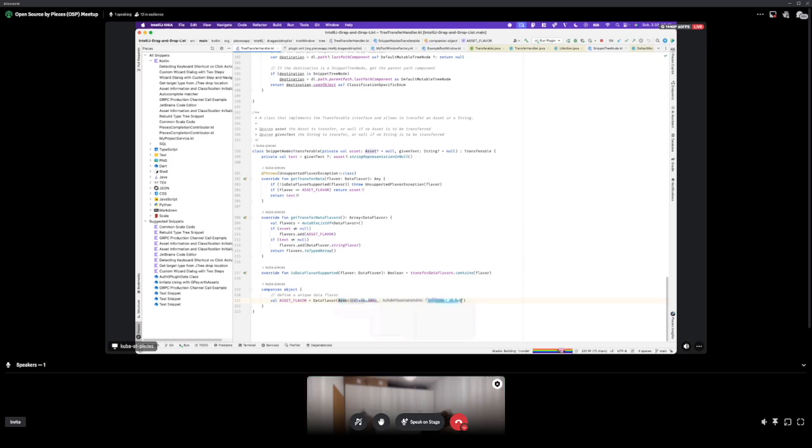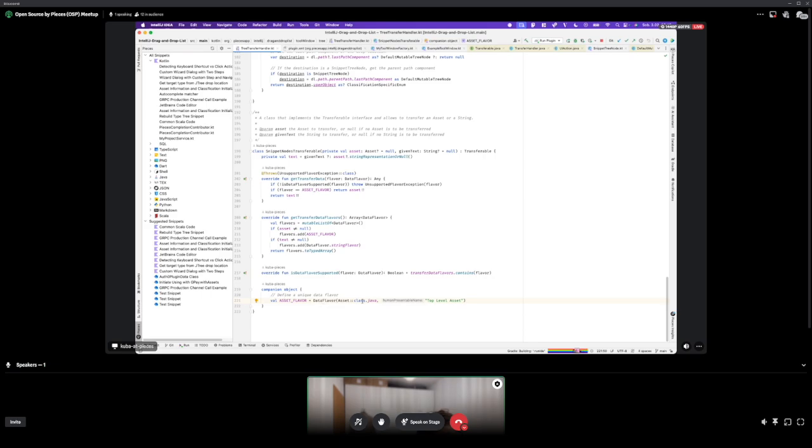And we can even describe it. So if you use toString, it will tell you what it is, but you don't have to. We just did it to make it easier to understand what it is. And that's the core concept for handling your own data in this transfer handler.